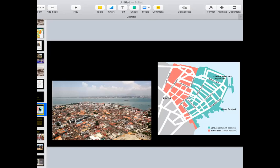So when Penang Heritage Trust initiated the movement for Penang to be listed as a UNESCO World Heritage Site in 1998, it did so very strategically and perhaps naively, thinking that it might give some measure of protection to the historic city center in response to the passing of the Rent Control Repeal Act of 1997. And this had a 28-month period to come into effect. The implication was that once the Rent Control Repeal Act of 1997